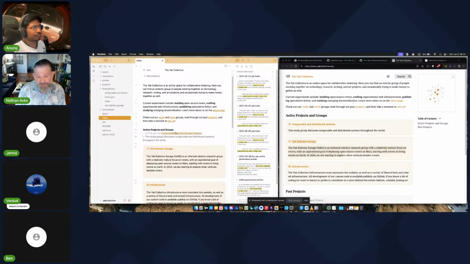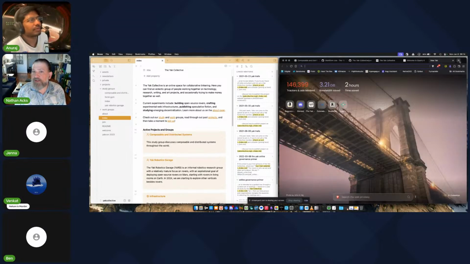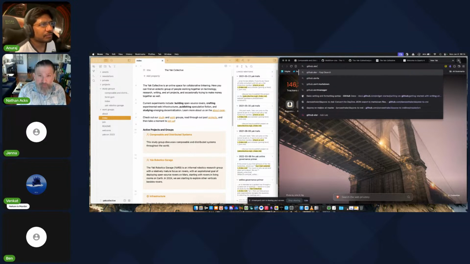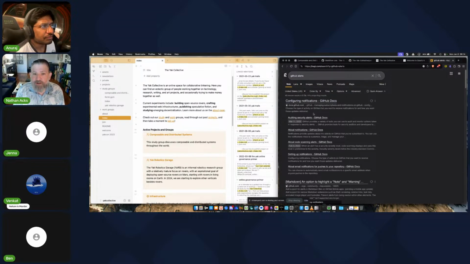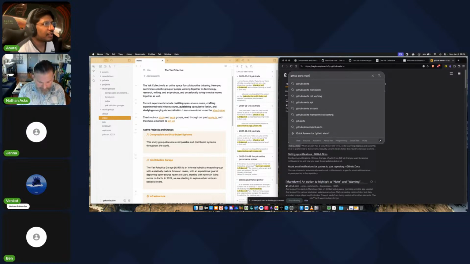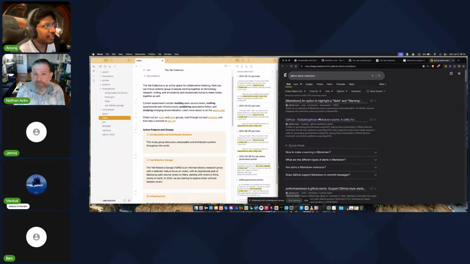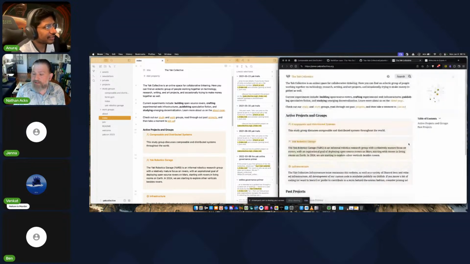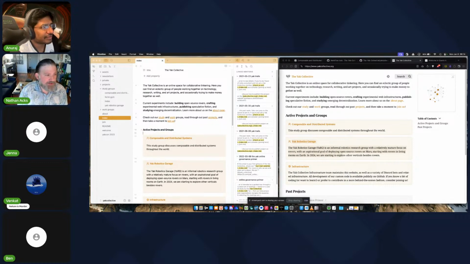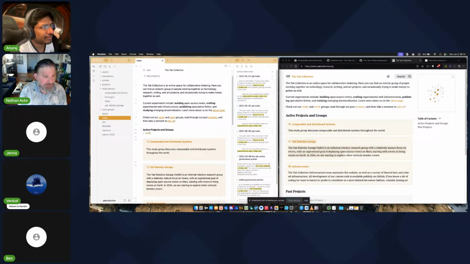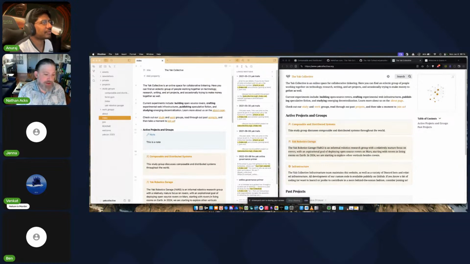GitHub calls these alerts and has some, let's see, I don't have that pulled up, but if we look for it, I'm pretty sure we can find GitHub's. Oh, it's like a note, a highlighted note. Not finding it right away, but yeah, it's just a highlighted note. So I can just make the edit over here. One that GitHub supports is you say something like note, and then you say this is a note. And you'll notice it looks like this. And then when that renders on GitHub, GitHub will recognize that and render a special box.